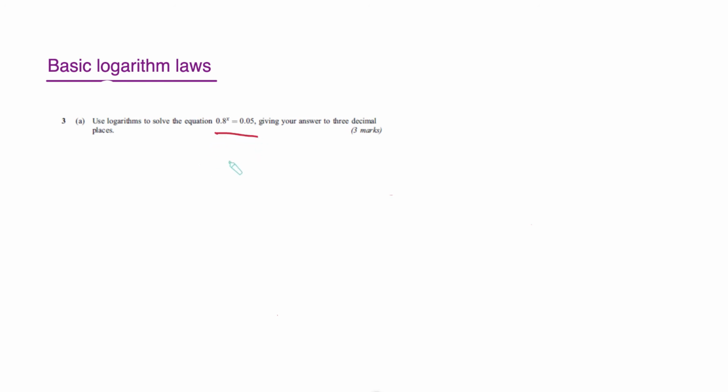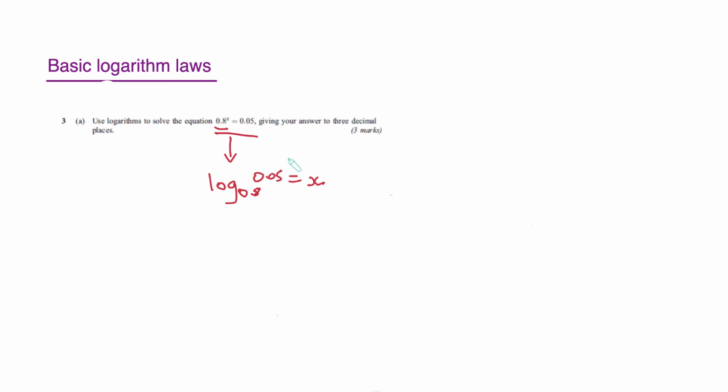Okay, this is really fairly simple. Although it's 3 marks, it is very simple, and it is all about using the first rule that we looked at and just being able to write this in logarithmic form. So it would be log. The base is the number, the main number. Okay, so that's 0.8. And then sometimes I just leave a gap there and say, right, I'm trying to find x, so I put that in,